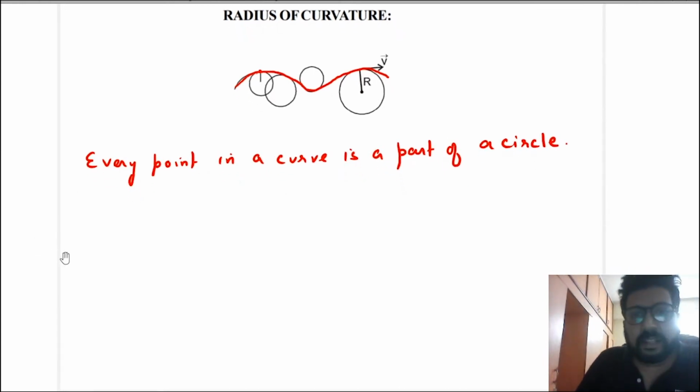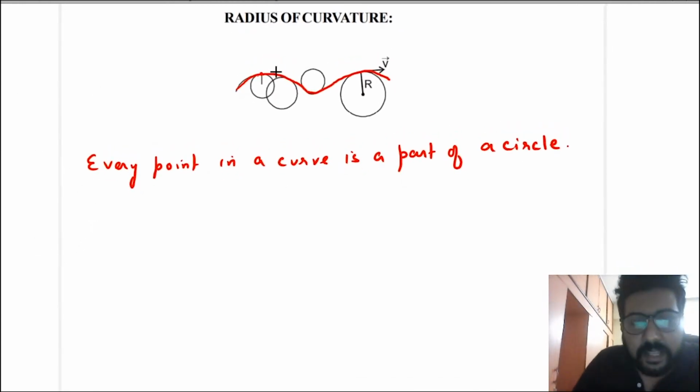If you want to find the radius of the circle at any point, what you will do is